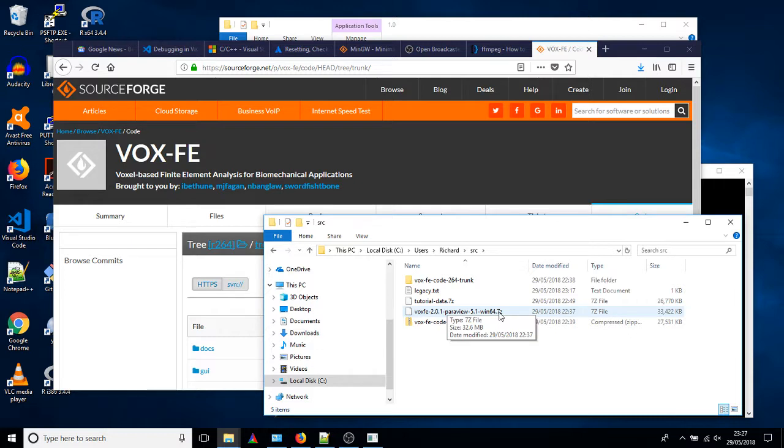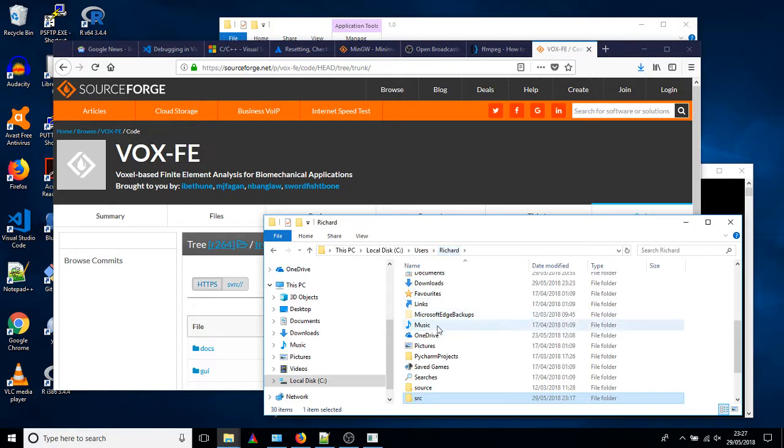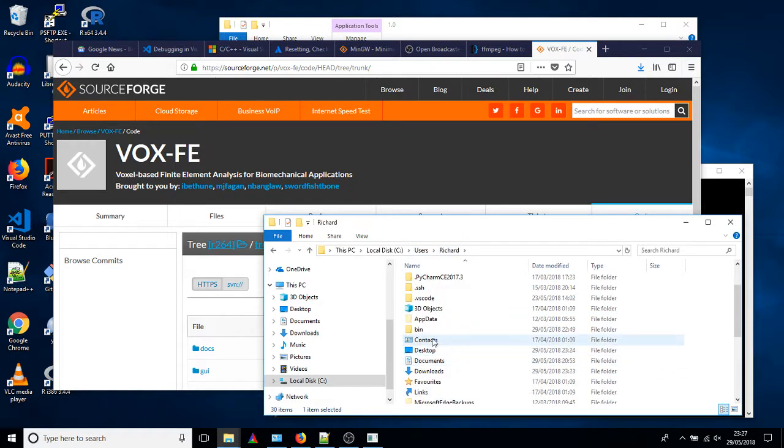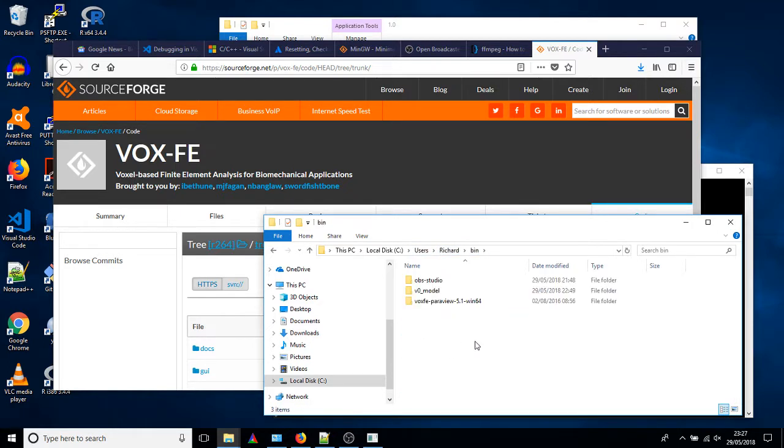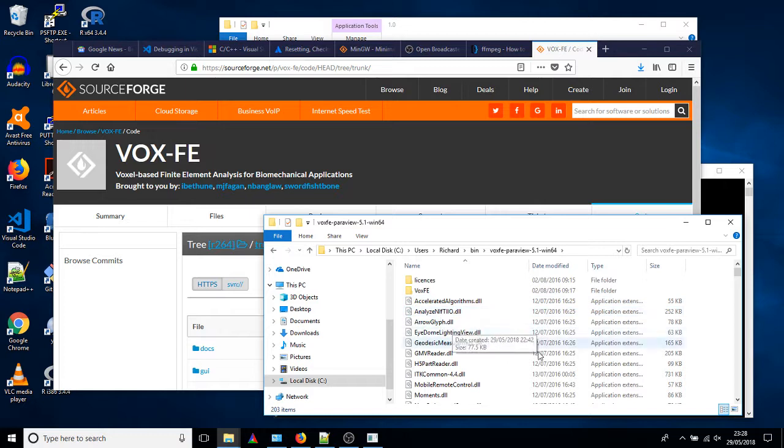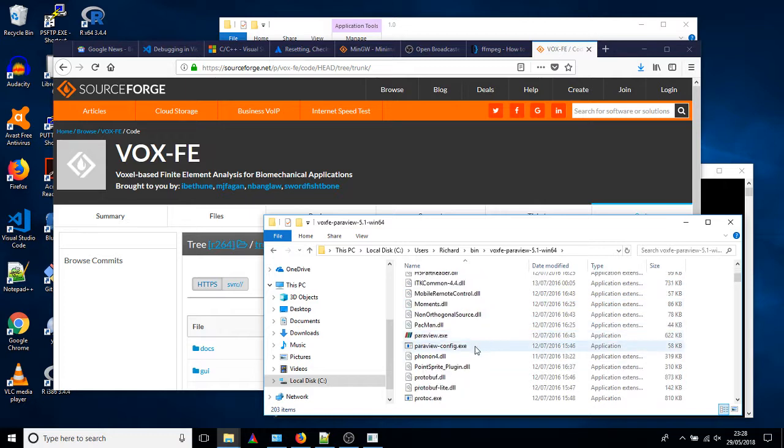You'll need 7-zip to extract this, another tool that you can download from SourceForge. It's a great compression tool, so I recommend having it anyway. I've extracted these things to my own bin directory, and to run ParaView, you would simply launch from this exe file,